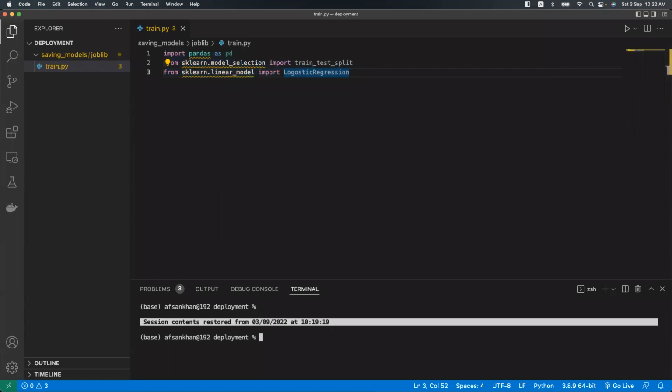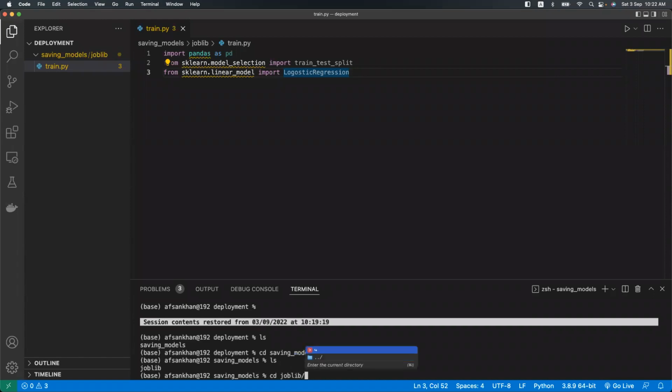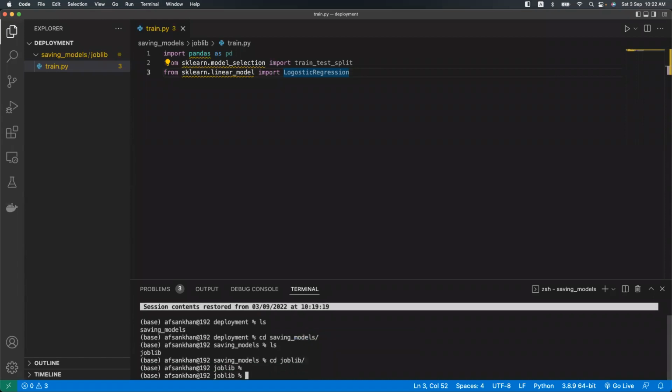So if I do ls, first everyone has to go inside this folder, that is the saving models folder. So cd saving models and press enter. Once you are inside saving models, then you have to go inside Joblib. How to go inside a folder? You just do cd space Joblib, and just run this train.py. So python